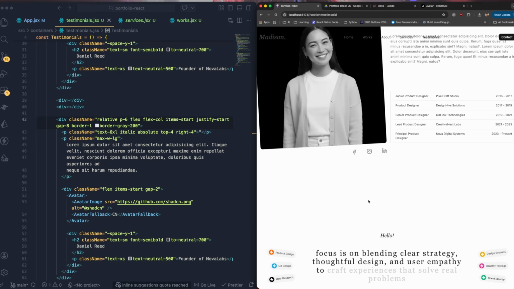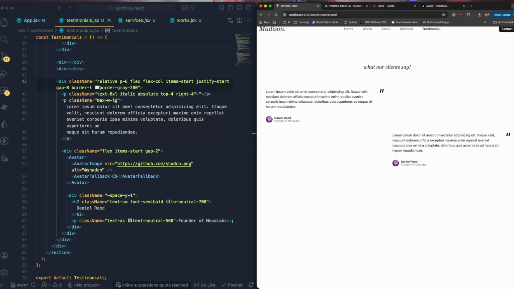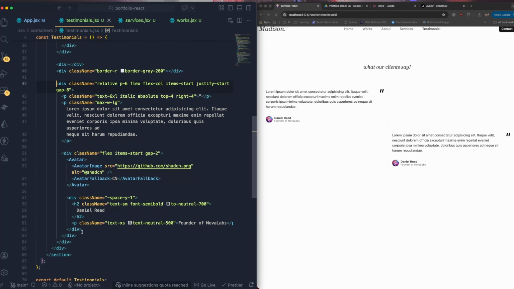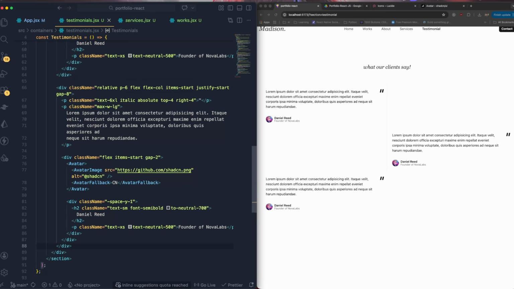I think instead of adding border left for this one, let's remove this. This is the right side section, right? So let's add the border right for this one now. Yep, now it is perfectly aligned. This time we can bring these same styles from here to here. We can paste the third testimonial,